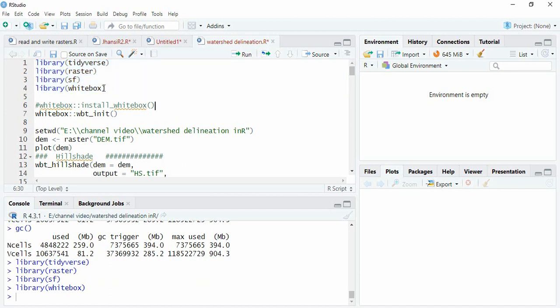If you are using the whitebox library for the first time, you need to install the whitebox toolbox also. For that you have to run this syntax. This is only one time; next time we don't need it. Now we will initiate this toolbox using the function whitebox tool initiate. Run it,